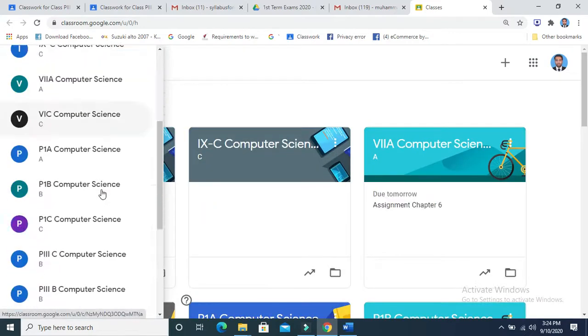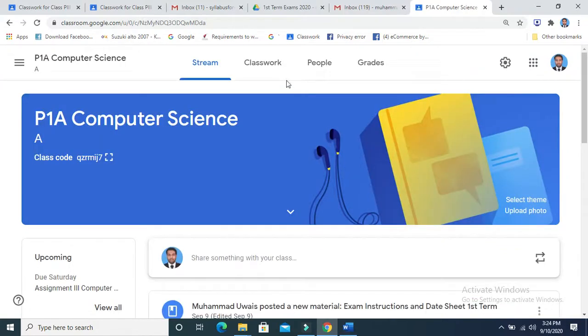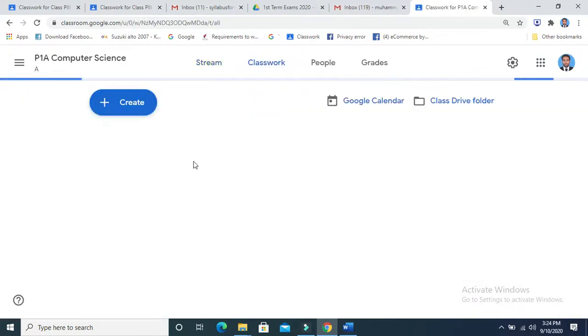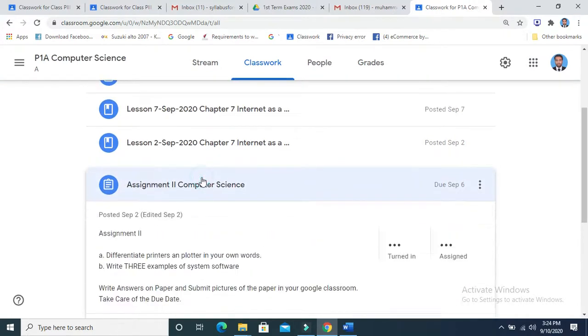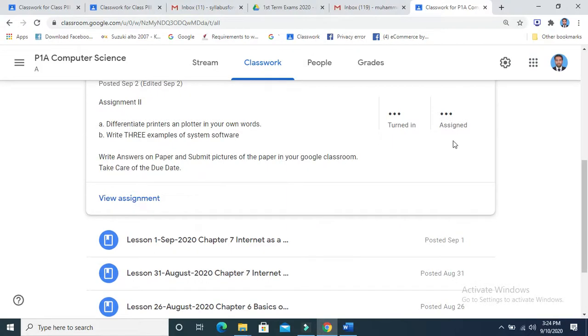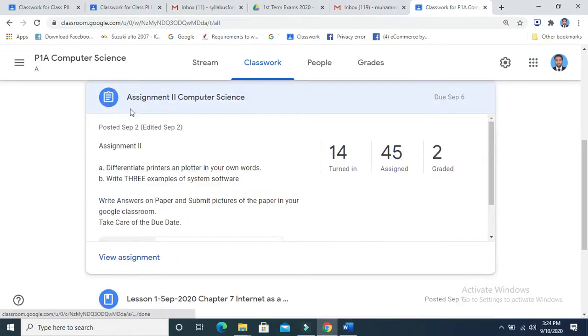Okay, let's suppose this is one of my classes where the students have submitted one of their assignments. That was basically a written assignment. So this is how the assignments will be submitted. For paper 2 you will see this environment.